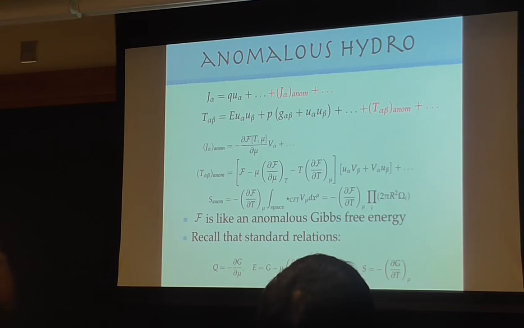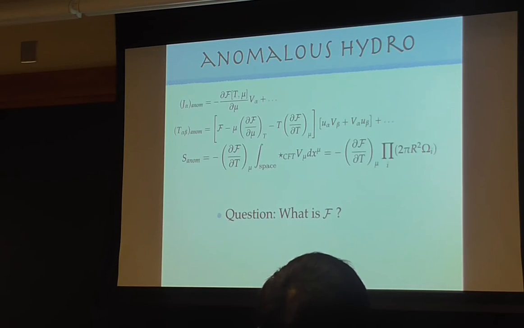Now, the trick is that you have to put it on different types of curved backgrounds, not gauge fields, not dynamical, but just backgrounds of the metric. And if you put it on enough distinct and useful backgrounds, you'll be able to fix all these coefficients. And the end result, summarized in this result, is that there's a Gibbs free energy function from which you derive, at least at leading order, all the response functions, how they depend on T and mu, of anomalous hydrodynamics. I'm going to give some examples. Of course, the question is what is this F, and how do you obtain it?